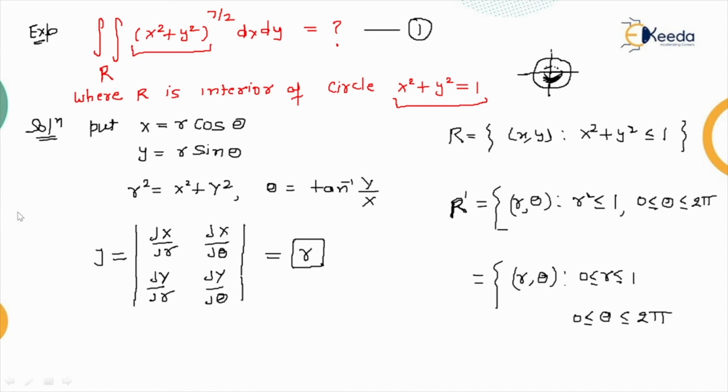So I will take another example. Let's see, my dear friends, if another example is given, where the limit is 0 to infinity, and again 0 to infinity, and the equation is e to the power minus x square plus y square, having dx and dy, and you have to find the result. Now see how we can find the integration of this part.